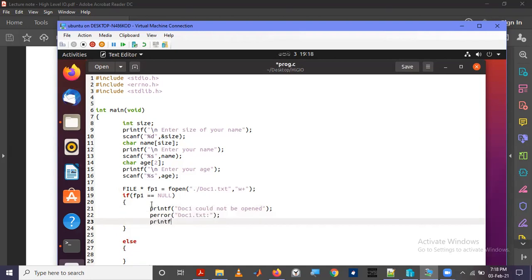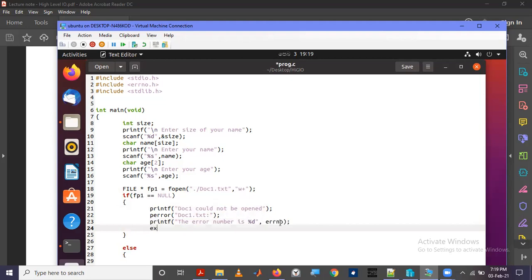Then again we'll print the error number. So it is stored in errno.